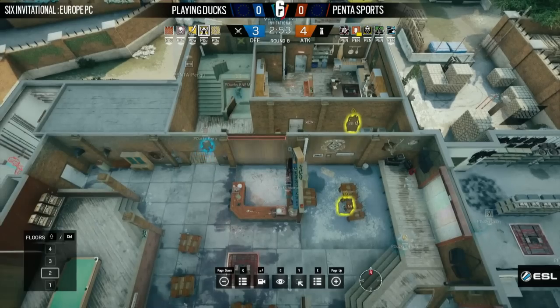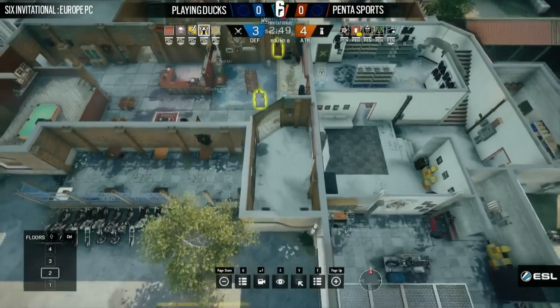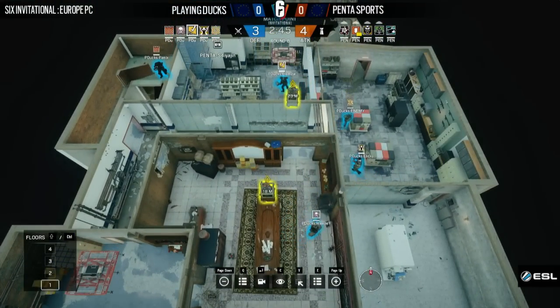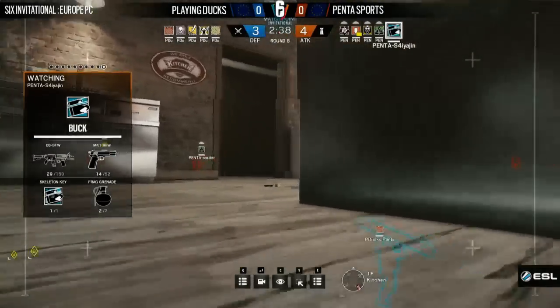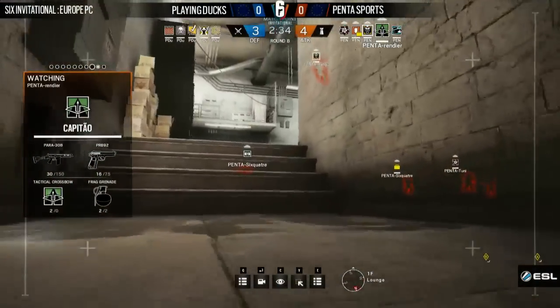Now Panics is the last one alive here, or last one upstairs, but ultimately looks like he's just going to stay on the stairs and possibly give a little bit of a distraction, maybe a little bit of pressure, but ultimately it's just going to take one appearance from the attackers to push him back down. Yeah, so everyone playing Ducks back down to the safety of the basement